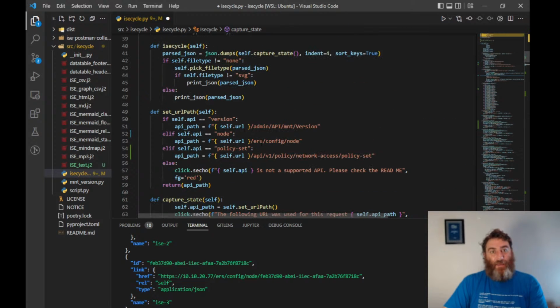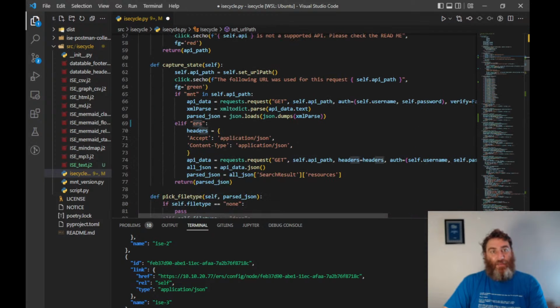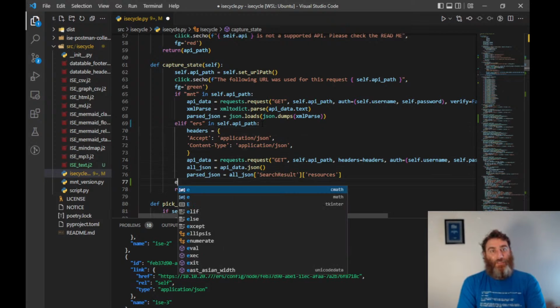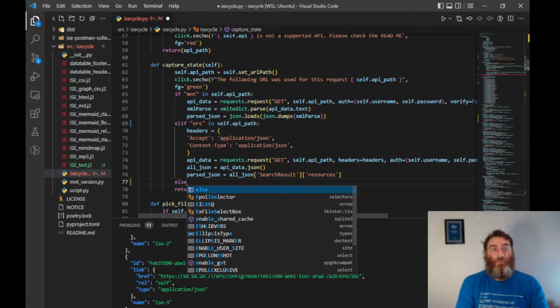Let's take a look at the path here, right? If ERS is in self.api path, then go ahead and do this code, and then we're going to add a final else, meaning if it's the OpenAPI,